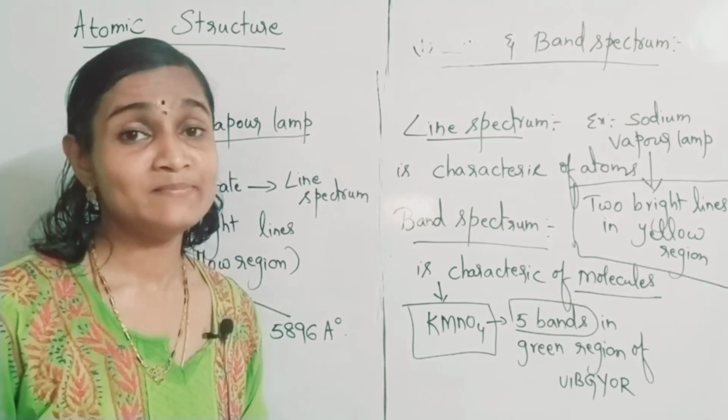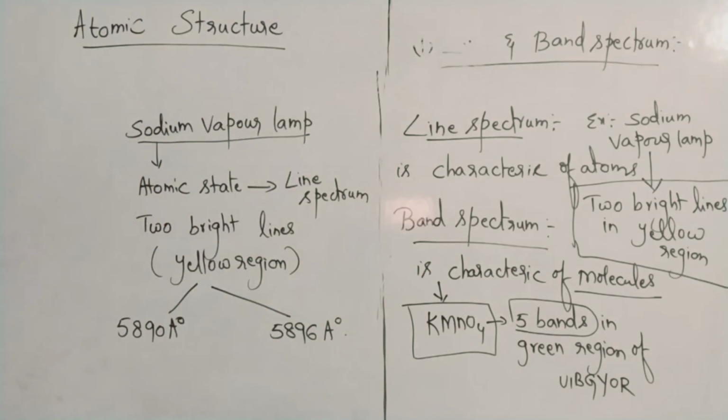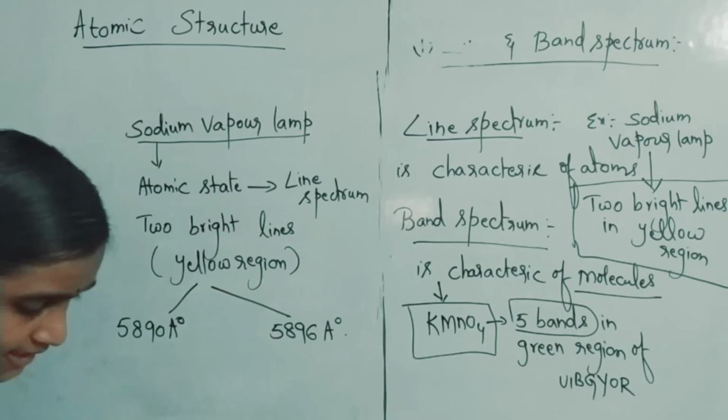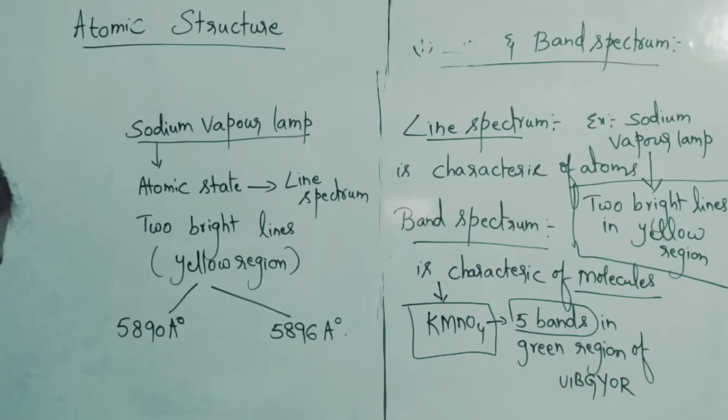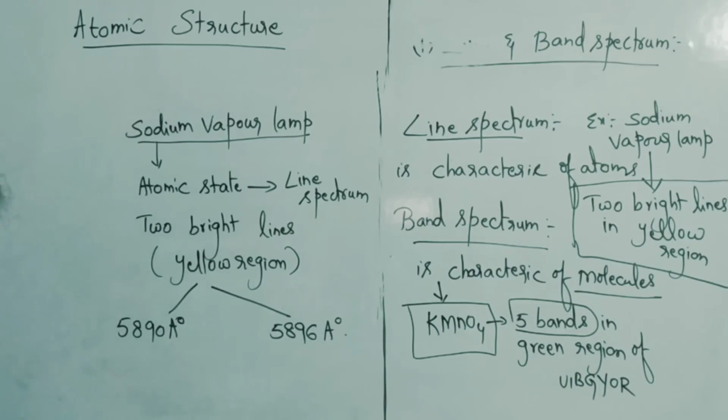For EAMCET orientation type questions, you can note down. So this is about line and band spectra. Next we will go for, yes, please note down all the points, we will be going for